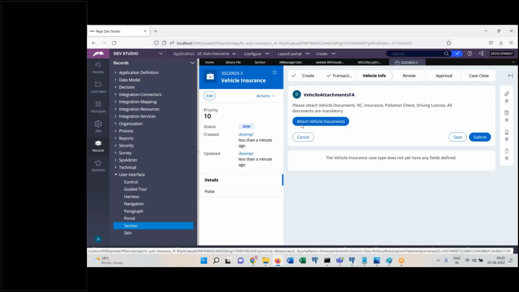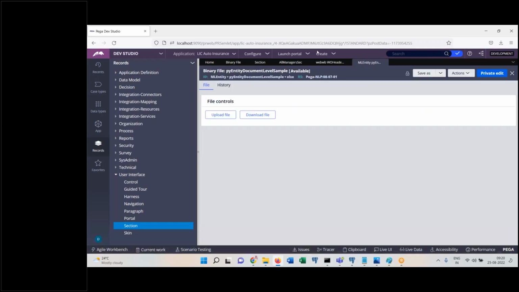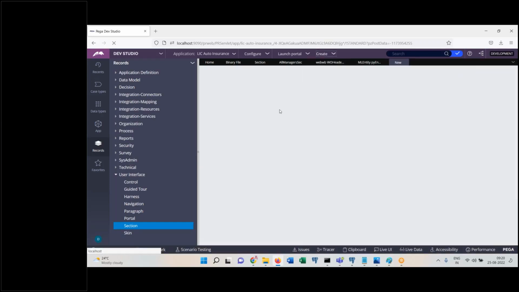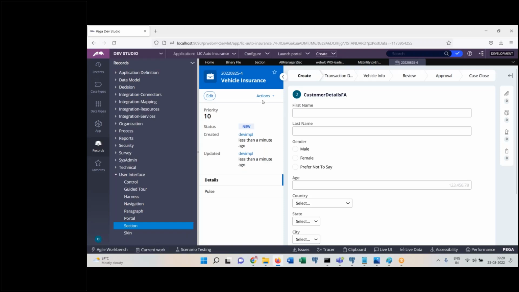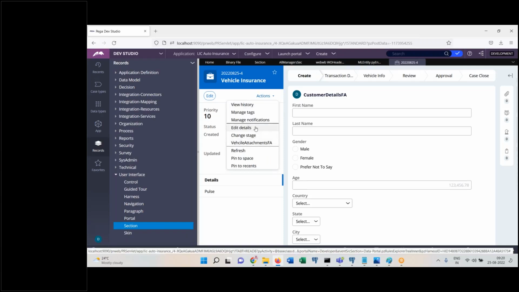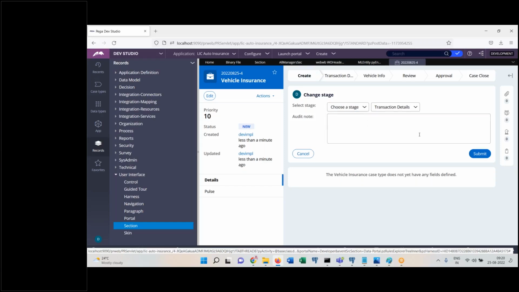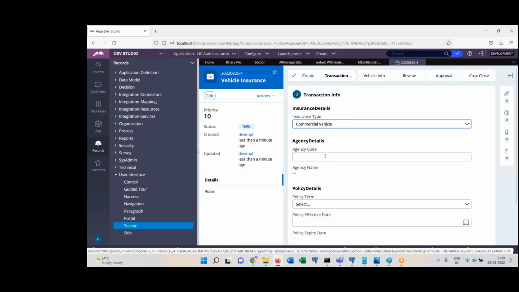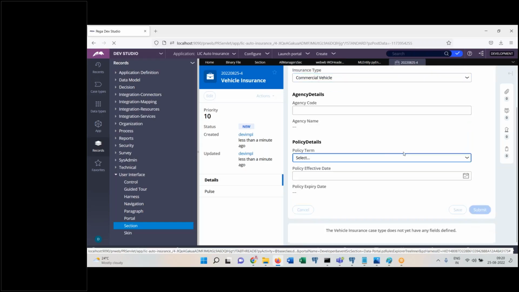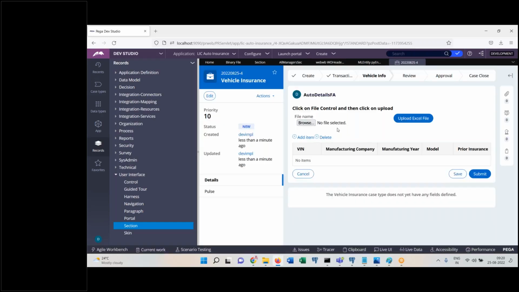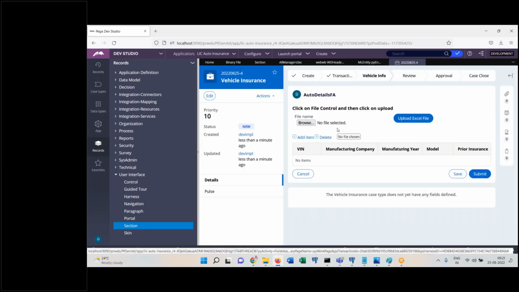I'm sorry, that was very quick. Entry, change stage. Commercial vehicle information. Submit. See, in the commercial vehicle information screen,